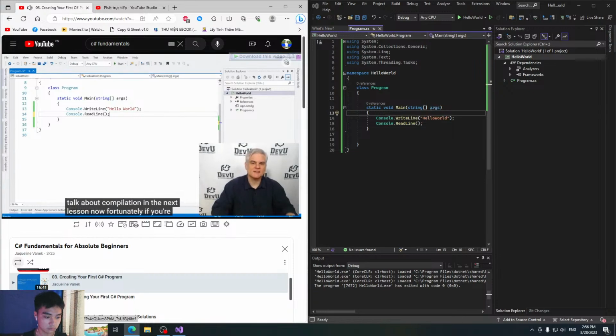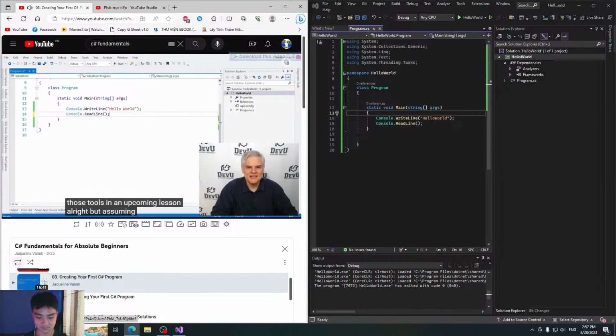Now, fortunately, if you're not good at spelling and typing and capitalization and you're just not as precise as you would be when typing a letter or an email message or even a text message, Visual Studio can help you out. There are tools that will help you not only write your code more quickly, but also more accurately. And chances are, if you utilize those tools, the chances that you will miss some of these really simple syntax things like capitalization will almost be completely eliminated. We'll talk about some of those tools in an upcoming lesson.